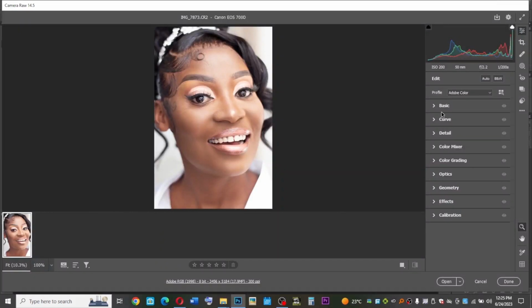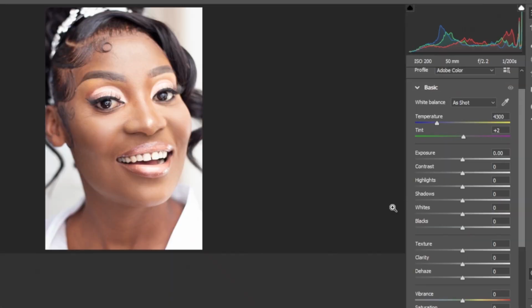So to start with, let's edit the photos together. We'll go on basics and then reduce highlights and whites, and add a bit of contrast and clarity and texture as well. I'll put clarity on somewhere maybe 7 and texture maybe somewhere on 12, 15, somewhere there. Okay,